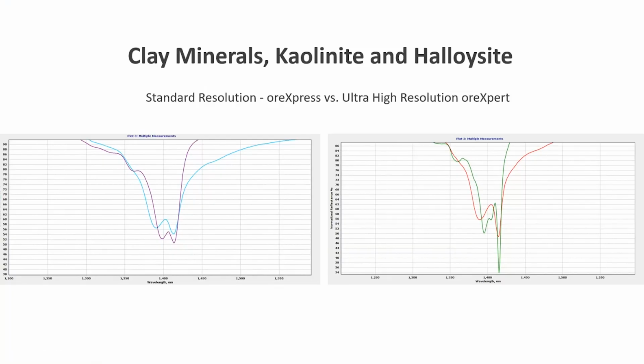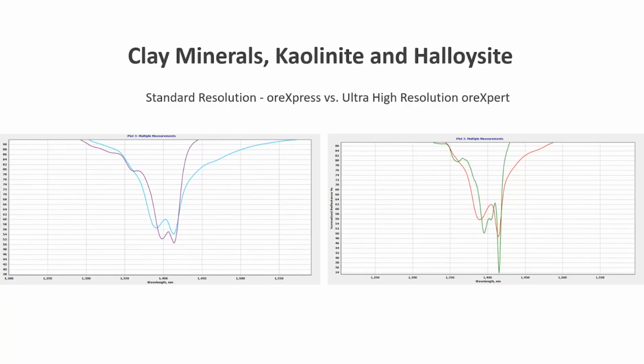We see a shift in that feature over to the right, and the features are more defined, whereas they've been broadened by the oreXpress with the blue line. There also seems to be a feature at 1380 nanometers that's completely missing or averaged out in the oreXpress spectra. So as you can see, there's information missing, and we see the same thing with the kaolinite spectra